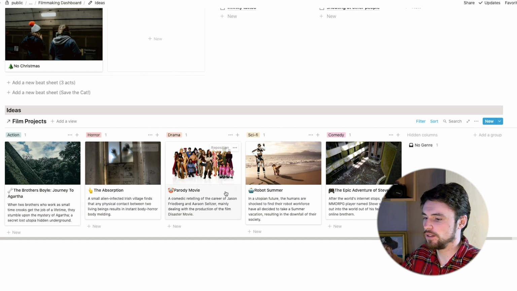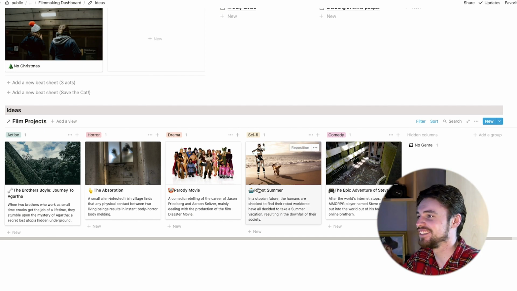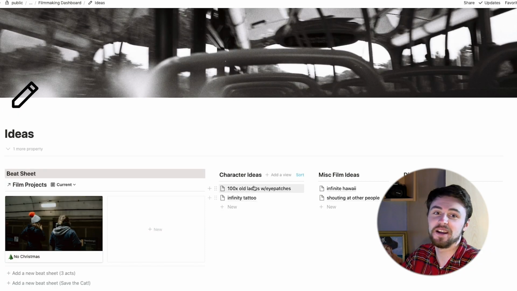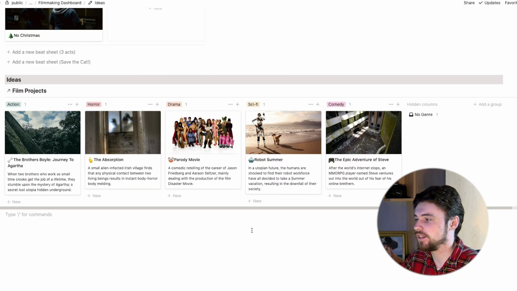So these are all, also thanks to John for supplying some of these ideas, because I needed a bunch of ideas to fill this template and I didn't want to put in my own. And so I came up with some discarded ideas and I got some of John's ones and I filled up this area. But as you can see on each of these pages, I have an image, the title, and then a log line.